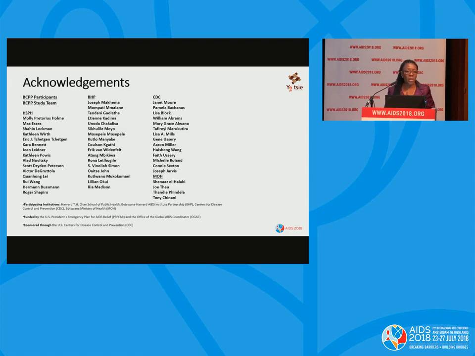Yes, when the UTT was launched in June 2016, this is the time we also launched DTG in Botswana. So the patients on the fast track were receiving DTG as our first line, compared to the pre-fast track where we were using efavirenz-based regimens. Do you think that the early virological response is associated with the change of treatment, not with the rest of the intervention? Or is it a mix, or is there another adjustment for this effect? That is something that we haven't yet looked at, so I cannot say that for now, but it's something to look at.